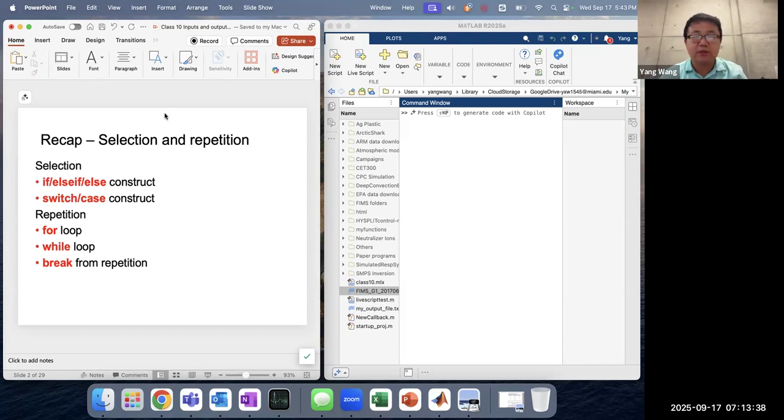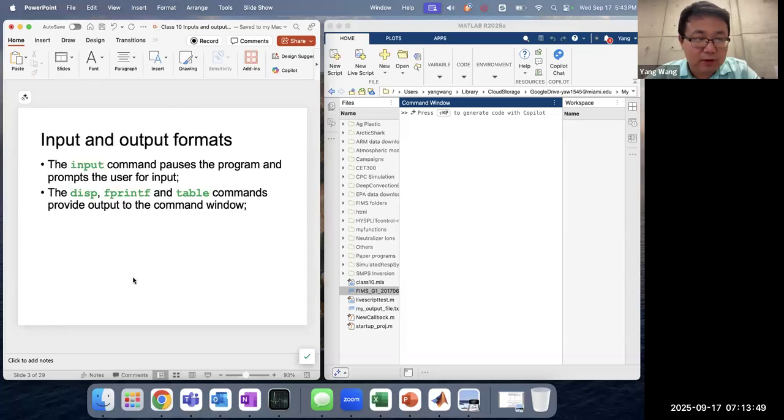And then regarding the repetition, we have the for loop and while loop. And in order to break from the loop, you could also use the break. Okay. So this is the recap of last class, and now we can talk about these new topics, input and